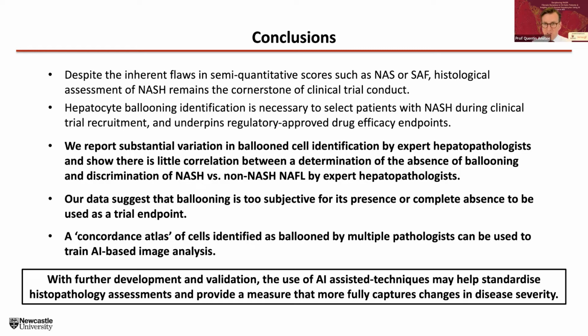And really, I just want to reinforce one final point here. This isn't an issue about the fact that human pathology is not adequate to the task. It is the fact that we are requiring of human pathology something that really these semi-quantitative scores were not designed for. And so it's really a case that we're asking a human to do a machine's job, and maybe we need to be thinking about that slightly differently in the clinical trial setting.